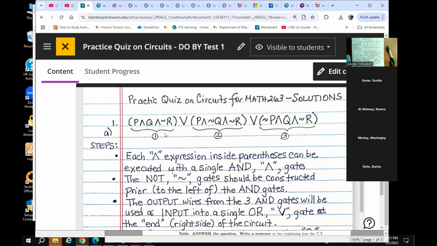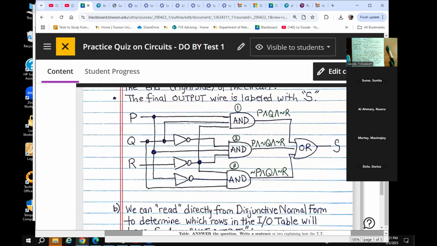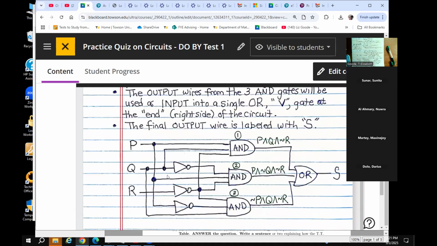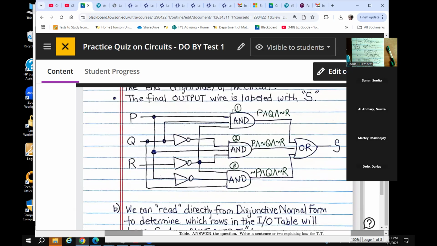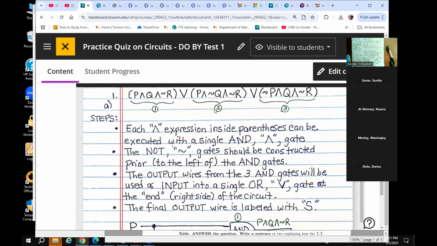So when the expression is in this special kind of form, called disjunctive normal form, then the NOT gates will always line up first, then the AND gates, and then the OR gate. This is the special thing about disjunctive normal form, that it makes it easy to build a circuit. And it also tells us exactly which outputs will be hot, because these expressions 1, 2, and 3 inside the parentheses completely describe when we expect to have hot output. We want hot output if P was hot and Q was hot and R was cold, or if P was hot and Q was cold and R was cold, or if P was cold and Q was hot